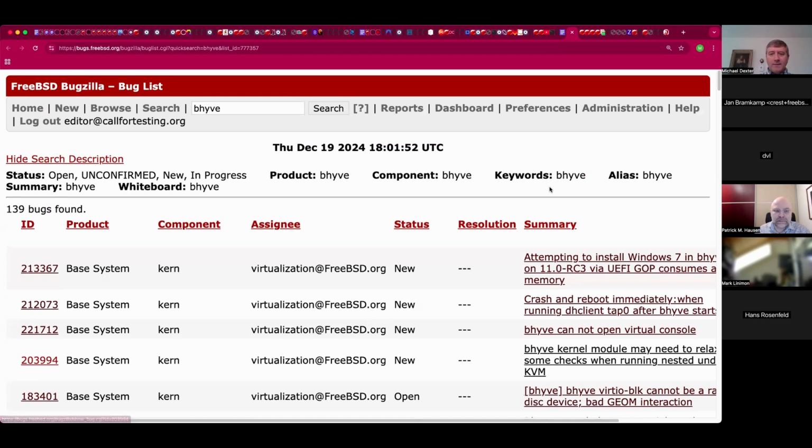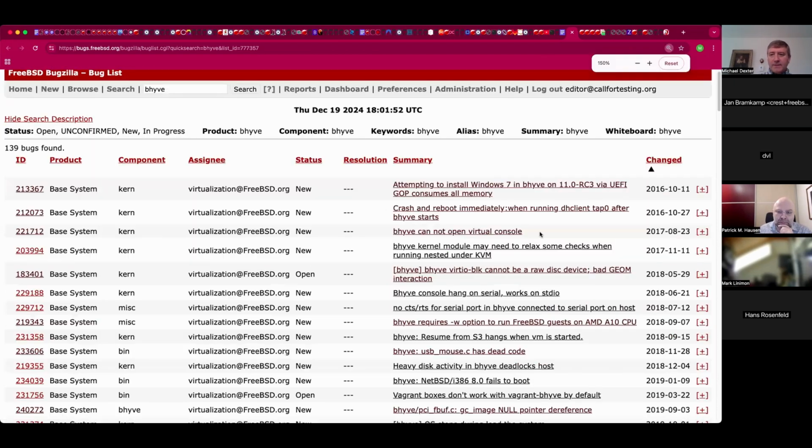Oh, look. What do you know? We've got a list of virtualization tickets. And if I zoom out, are we talking sorted by date? So yeah,